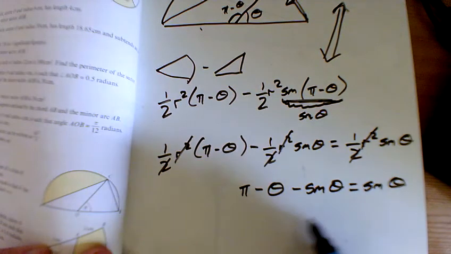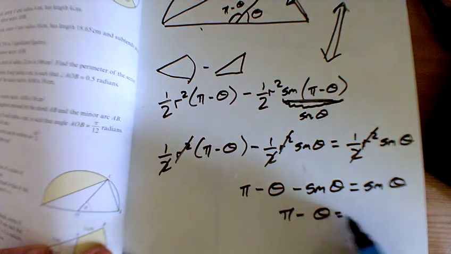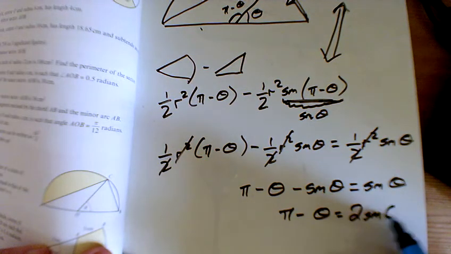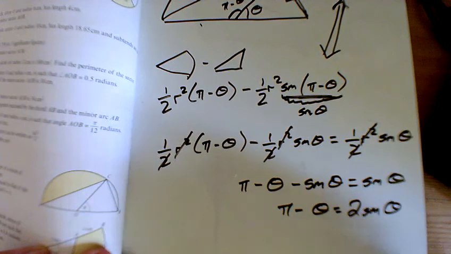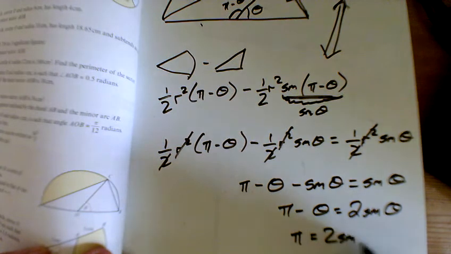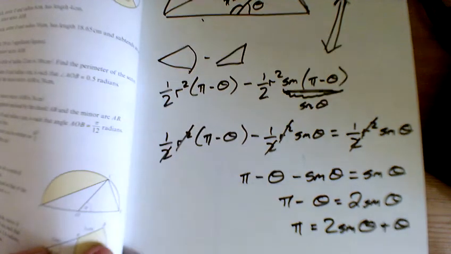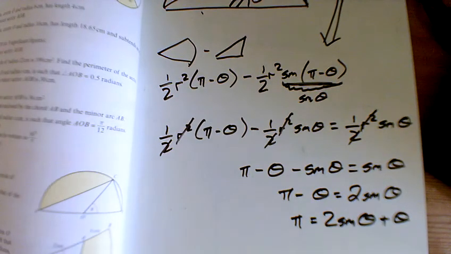If I add that to both sides, I'll add that to both sides to give me 2 sine theta. And what was the question? The question was to get pi on its own. So pi equals 2 sine theta plus theta, adding that on over there. Why you want pi left on its own, I don't know. Lots there,